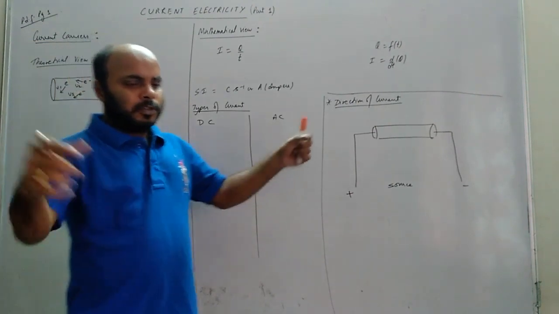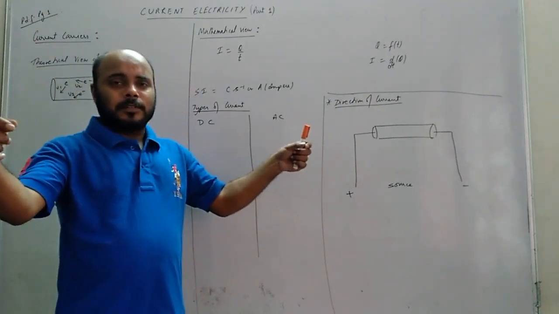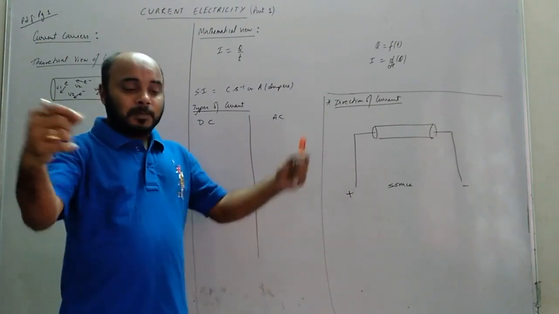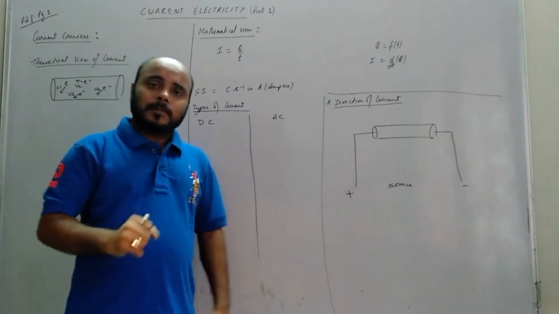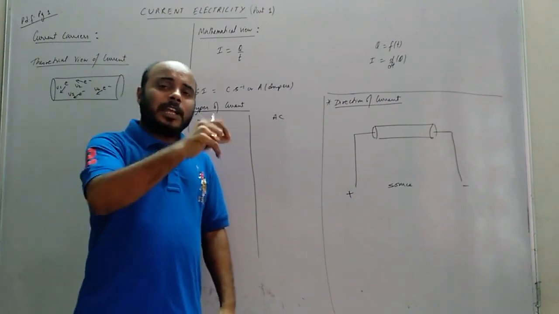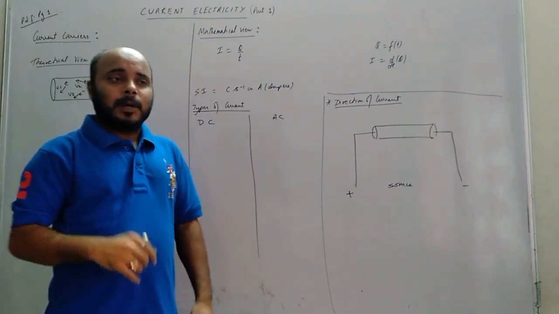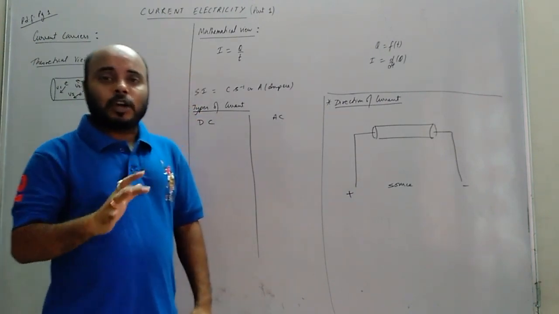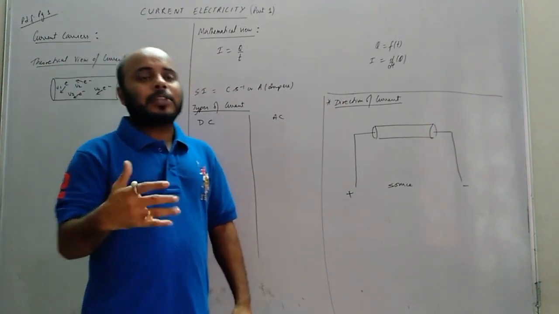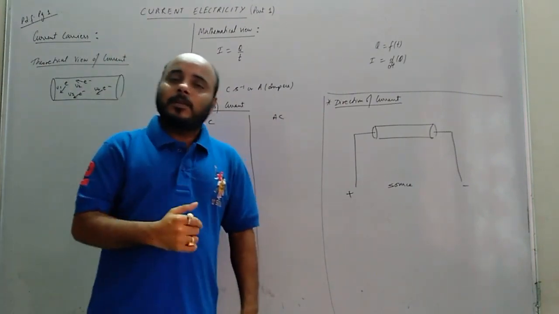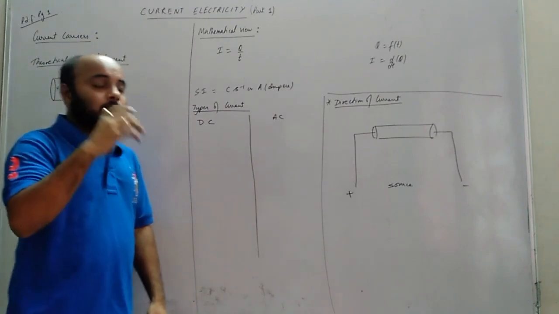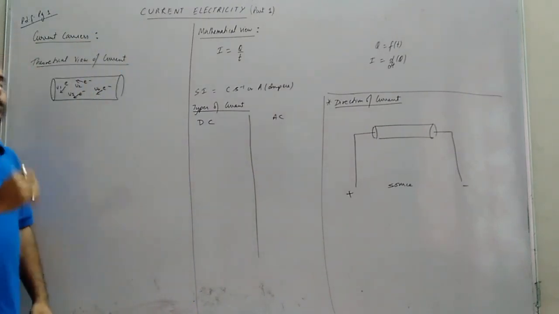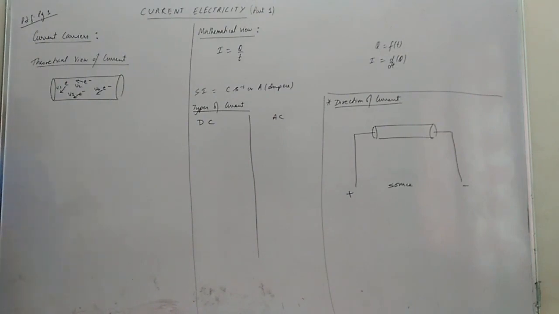If you take a simple piece of wire and touch it, a simple piece of wire is also a conductor. Inside it the electrons are randomly flowing in all directions. But if you touch that wire, do you feel an electric shock? No. So you need to justify why. This is the first conceptual question: why don't we feel an electric shock when we touch a simple piece of wire, though the electrons inside it are flowing randomly in all directions? So what is the reason?